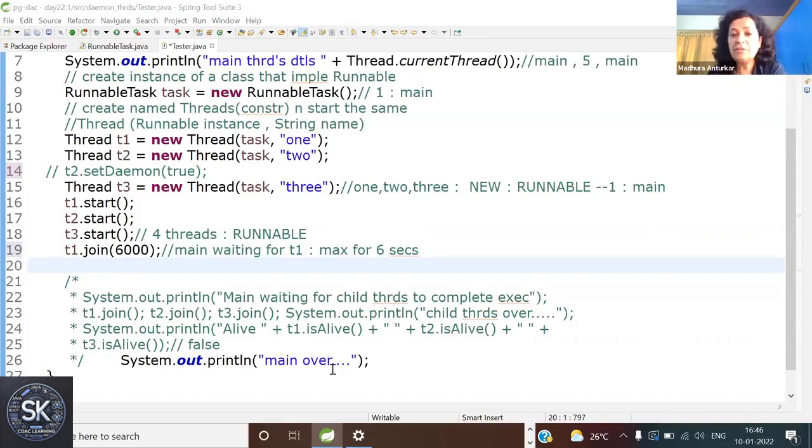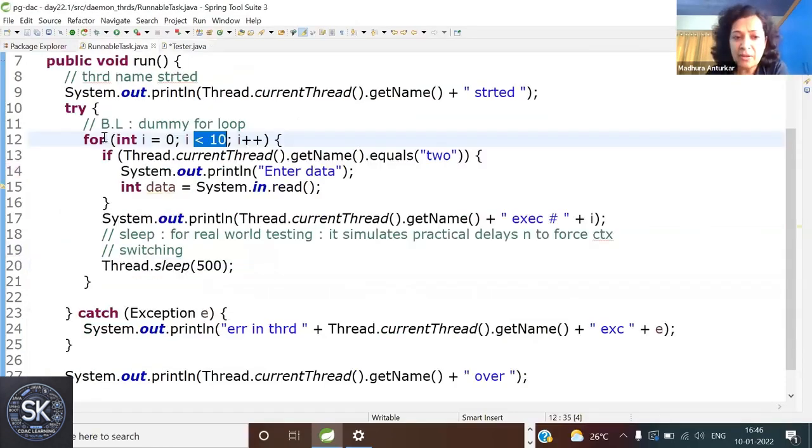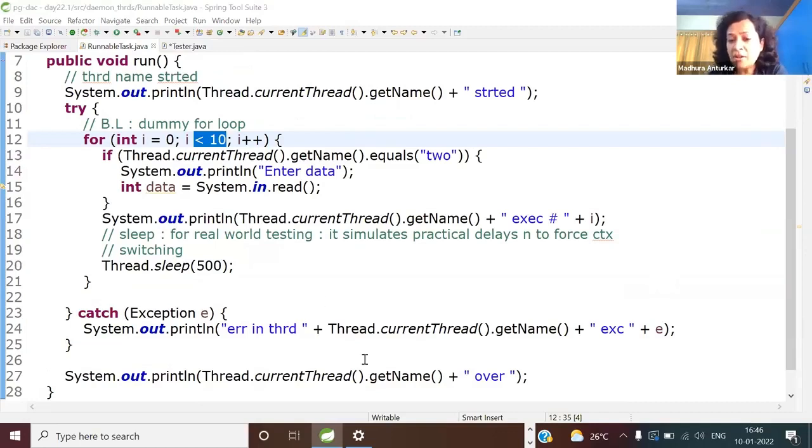Okay, let me put it differently. Is T1 going to get over in the period before 6 seconds? Not understanding? It's simple math. Here, let me ask you: is T1 going to get blocked on input? Is the thread T1 going to get blocked on input? It's a yes or no question. Is there a lag? No.